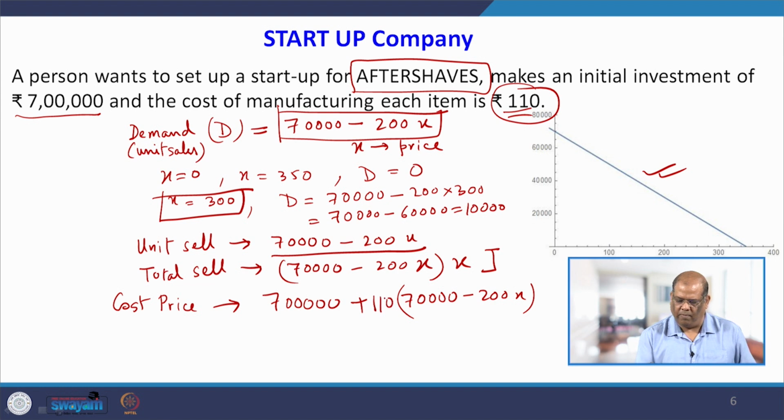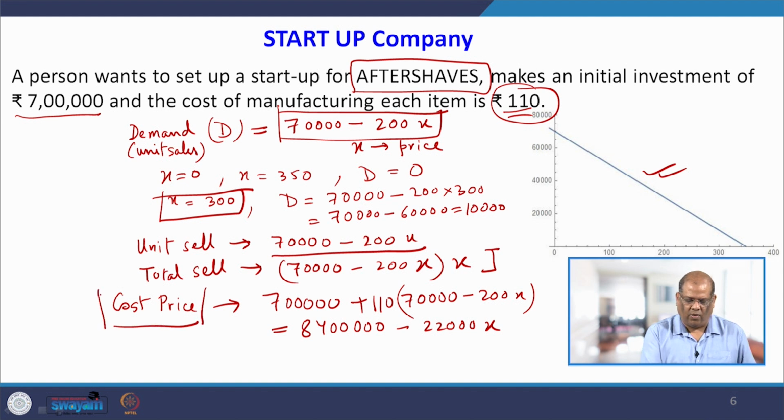So, you multiply it by 110, and if I simplify this, I will get 84,000,000 minus 22,000x. So, this is my cost price for all the products, this is my selling price, and my profit